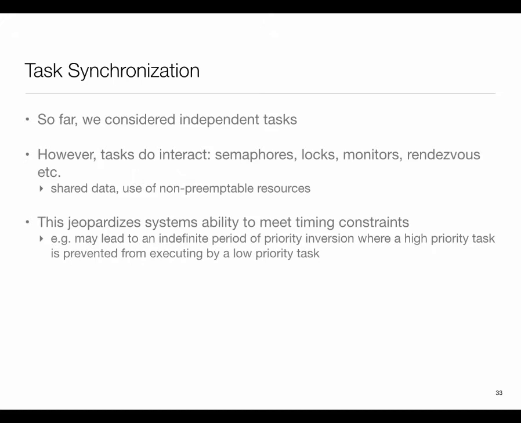When the first research happened into static priority-based scheduling, this issue wasn't really well understood, and there were hack approaches where people would say, okay, let's use a faster CPU. Thumb rules like let's use a CPU twice as fast, and this won't happen. But then in the 90s, there were some very high-profile failures because of this reason: the system was designed, engineers felt that it would meet all the deadlines, but in reality they missed the deadline and bad things happened.